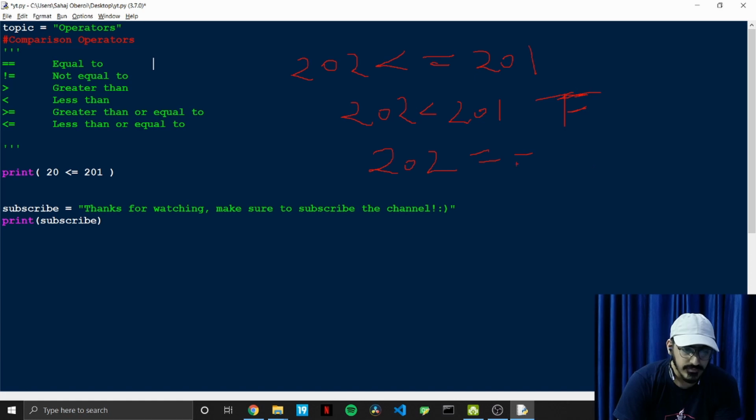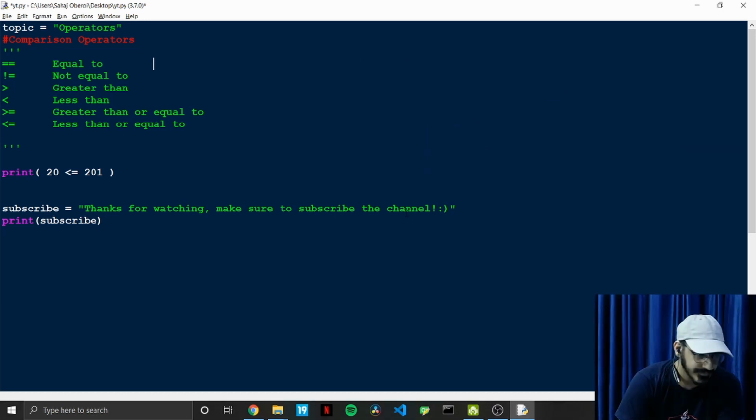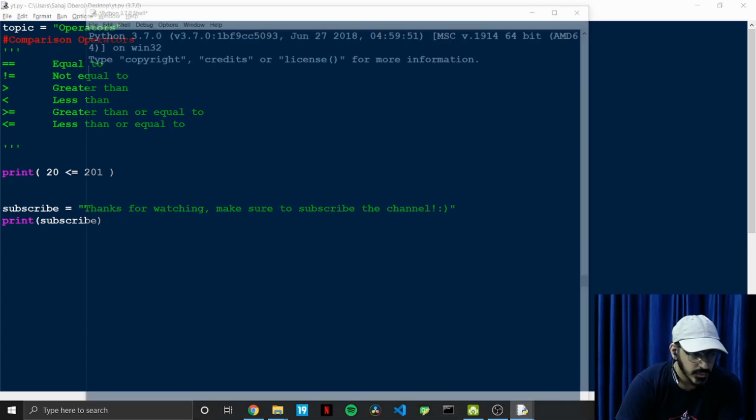But what if we have 202 on both sides? Then obviously this is a true condition and we will get true as the answer. So again, let me run this. In this case, 20 is less than 201, so it will print true.